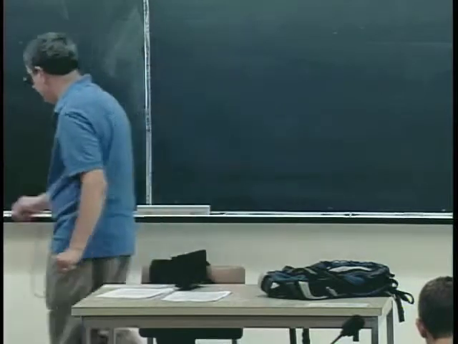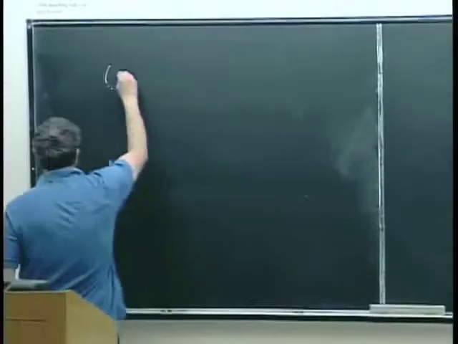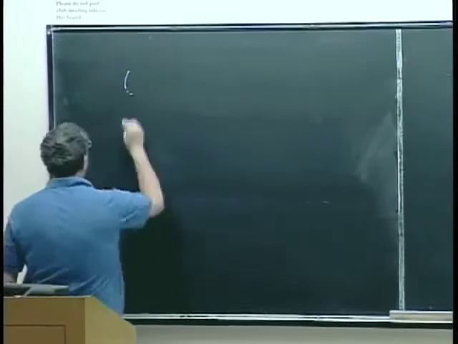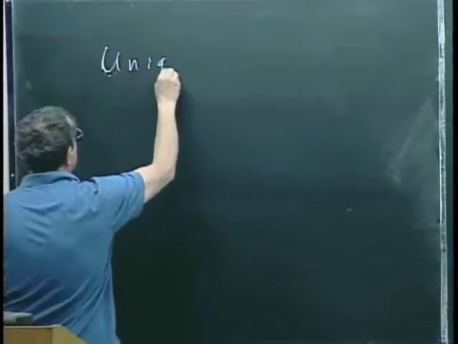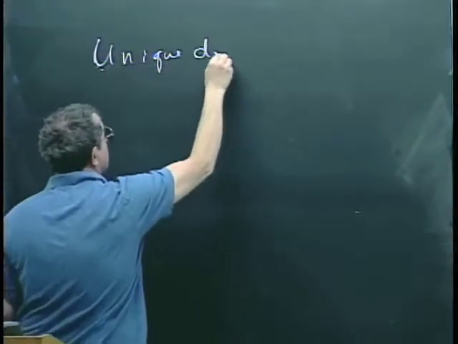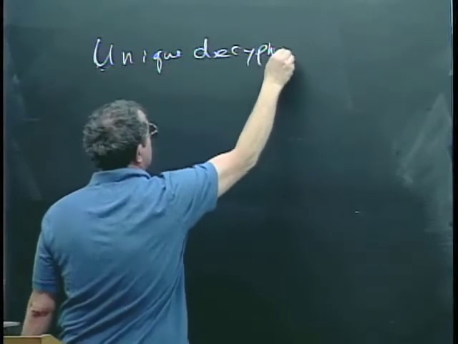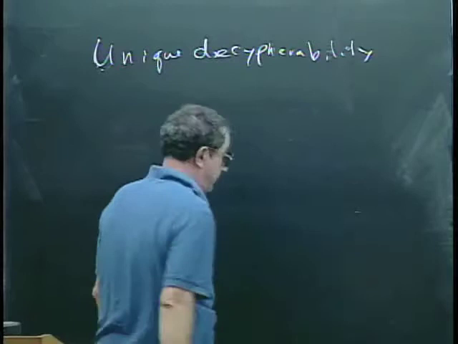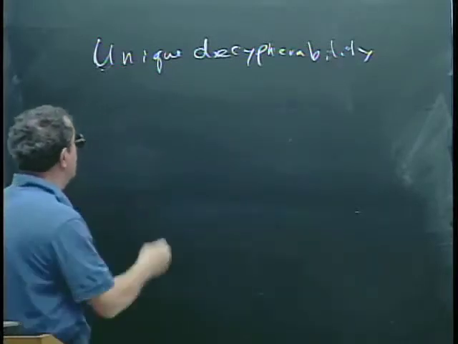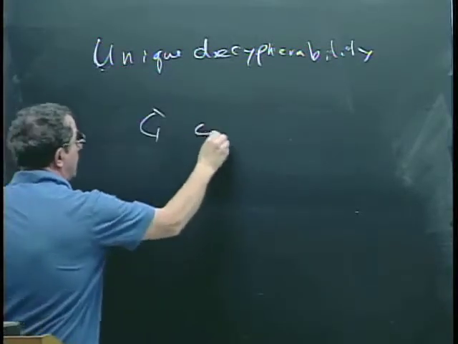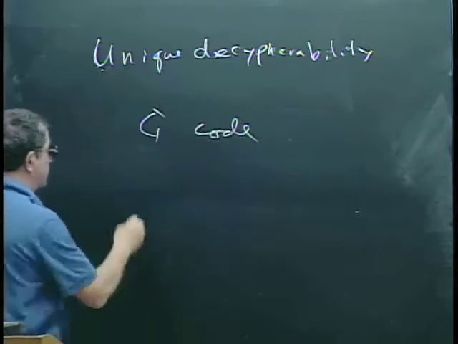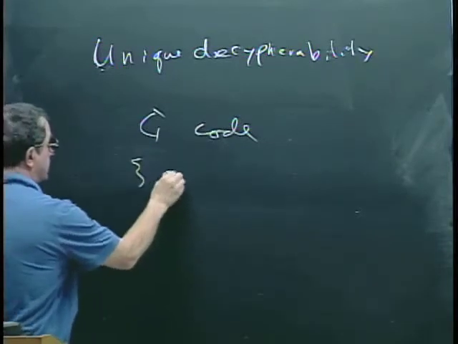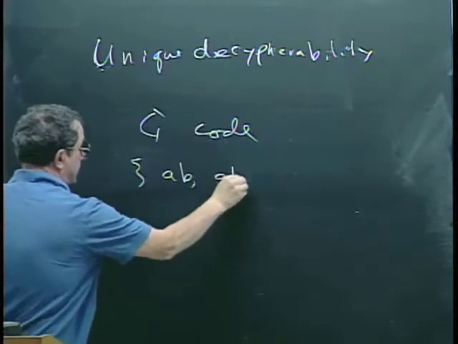So last time we were talking about unique decipherability. And remember what that problem was: you have a code, which is really just a set of strings. For example,